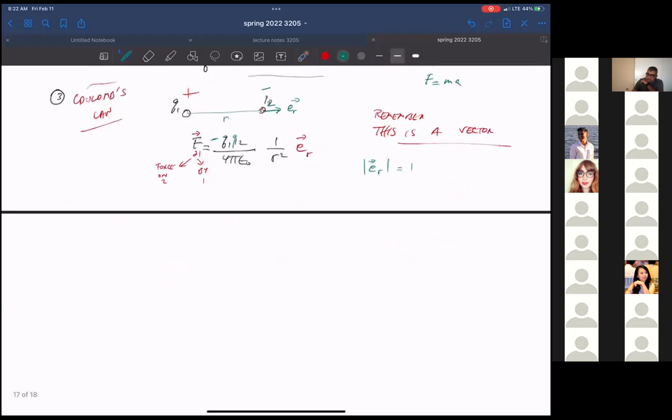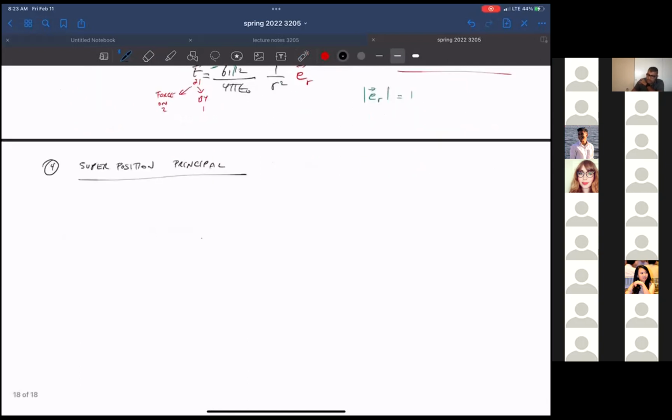Okay, so now let's get to the fourth item to remember, which is not part of Coulomb's law, but something that's very useful. And we said it's only an approximation, but for everything that electrical engineers would deal with, it's true. It's called the superposition principle. Which says that if you had multiple charges